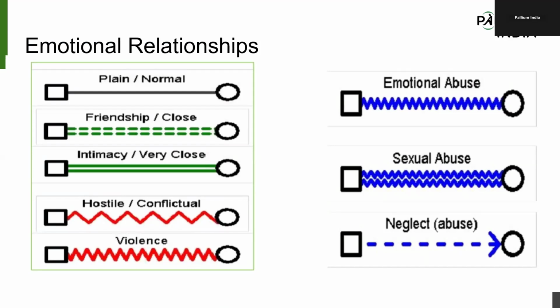And if there is any physical violence involved, we usually use zigzag lines, but the frequency has increased, right? And if there is emotional abuse, here maybe the patient or whoever is the person might be afraid to say, there might be fear factors, there might be verbal abuse involved, right? Then we use a blue zigzag line. And if there is sexual abuse involved, we use two zigzag lines, double zigzag lines.